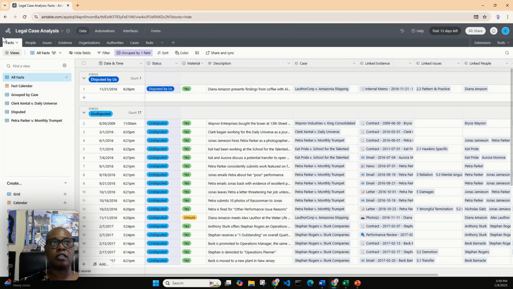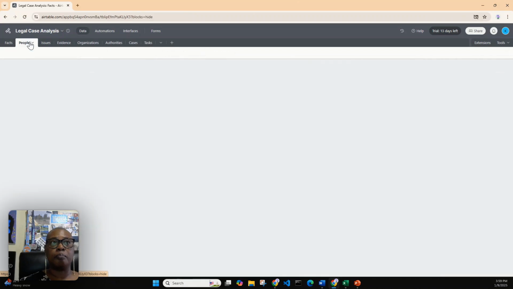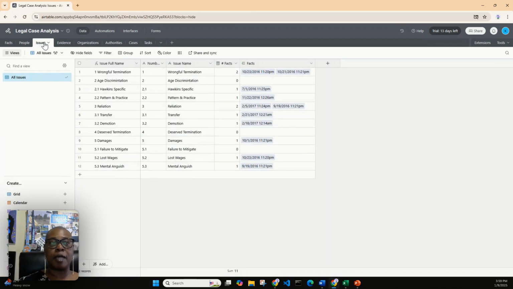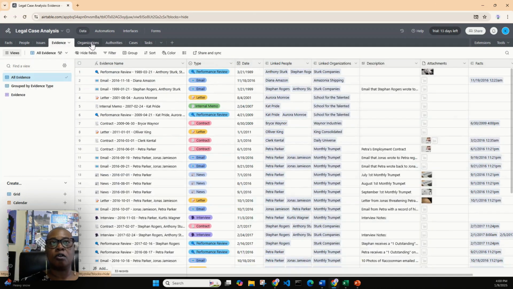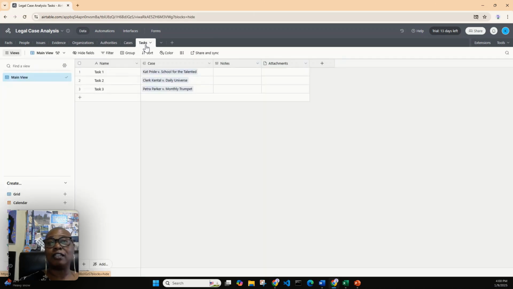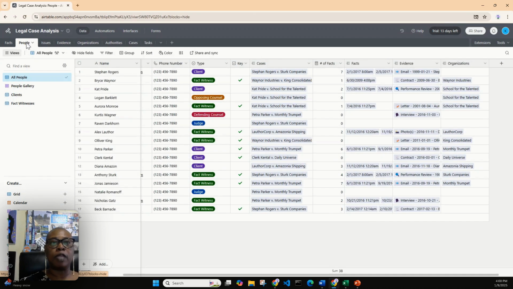Let me go to all facts. We have facts, people, these, and all of these tabs, kind of like Microsoft Excel and also Google Sheets, are part of my base. These are tables: issues, evidence, organizations, authorities, cases, and tasks. Now, let me show you something also that's pretty cool. I'm going to click on people, and